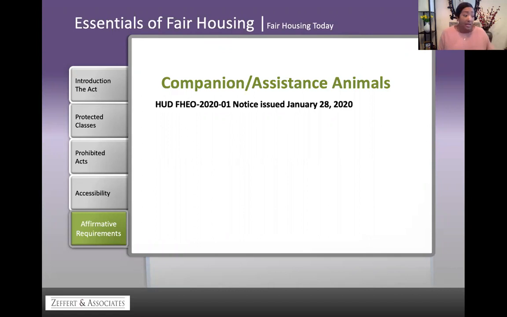Can't do that. The request may be denied if the specific assistance animal in question poses a direct threat to the health or safety of others that cannot be reduced or eliminated by another reasonable accommodation, or the specific assistance animal in question will cause substantial physical damage to the property of others. I often have people ask me in the training, well, what about pit bulls? Well, here's what I say about pit bulls. On page 15, right above the gray box, direct from the regulations it says, you cannot impose weight, size, or breed restrictions to companion or assistance animals.